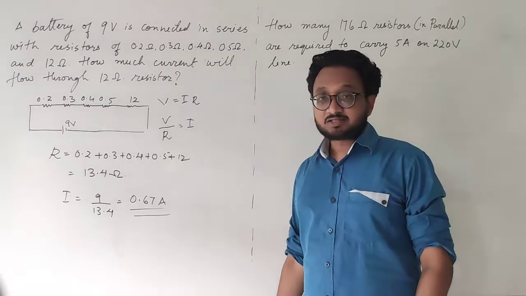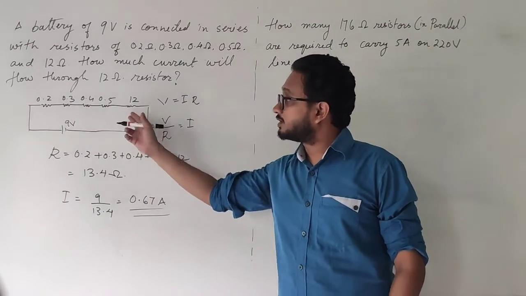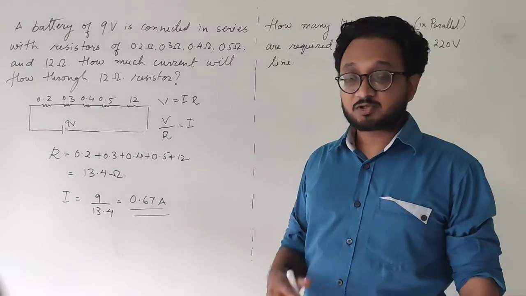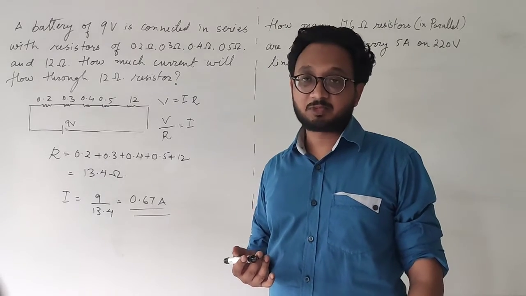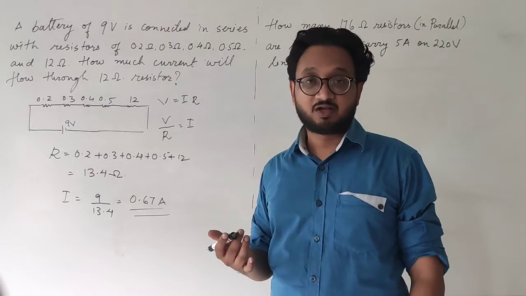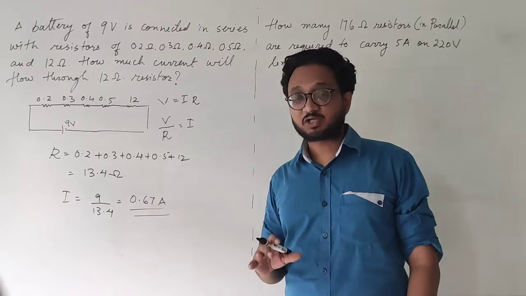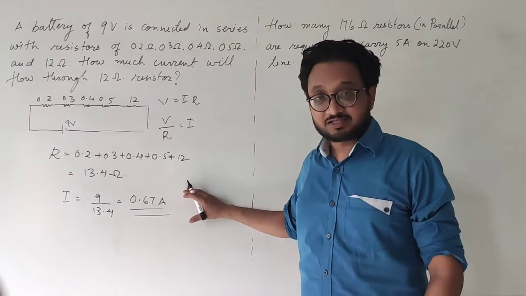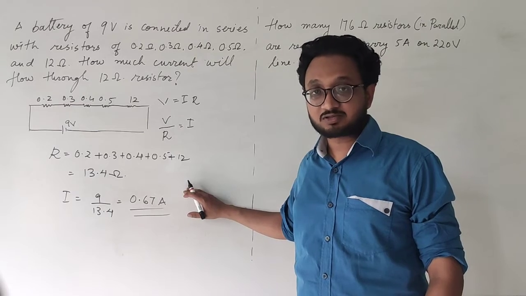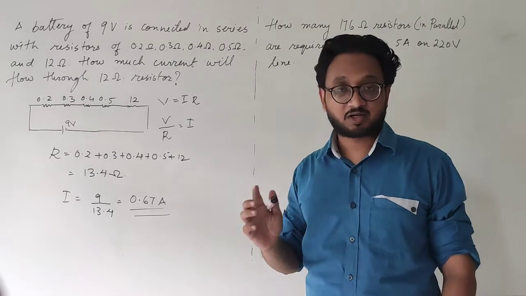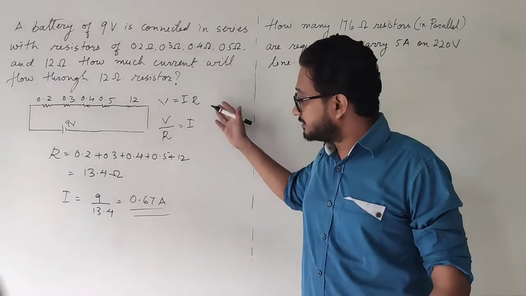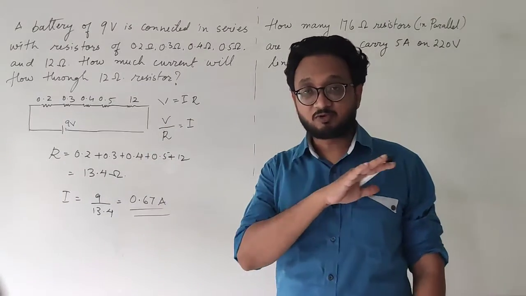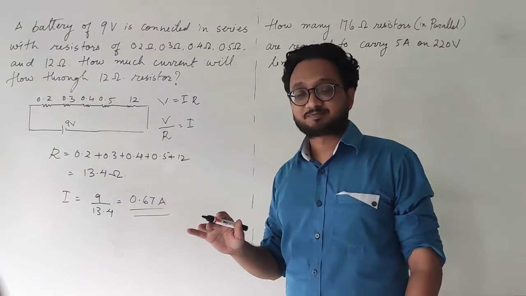The thing over here is that always try to draw a circuit diagram. Even if you are confused in any of the numericals, draw the circuit diagram roughly so that you get the idea of what is actually happening in the numerical. It is quite easy, but whenever you have any doubt, even if the numerical is for 1 mark or 1.5 marks, always try to draw a circuit diagram to remove any kind of doubts that you have.